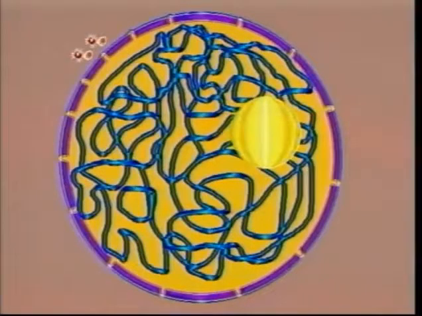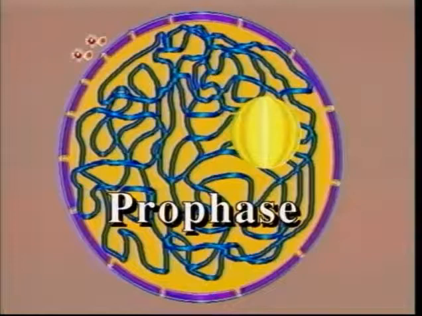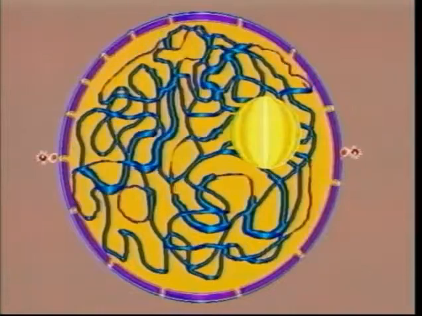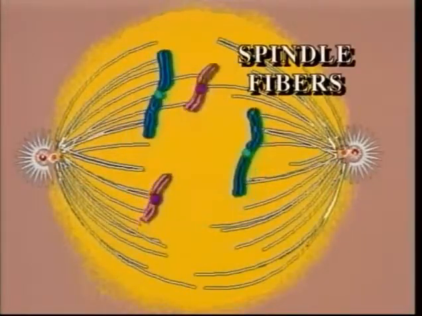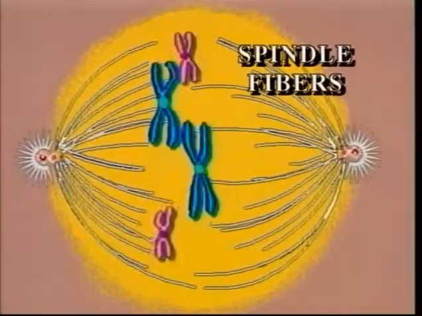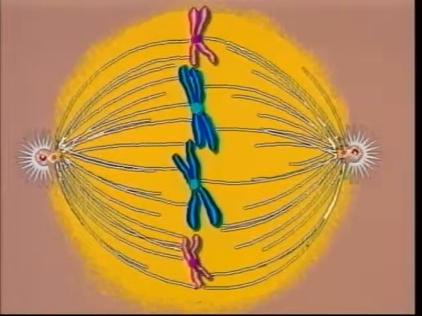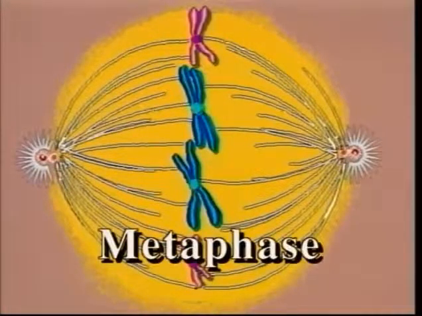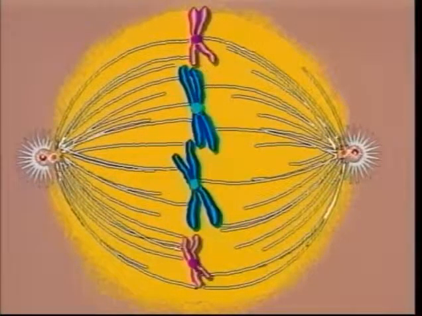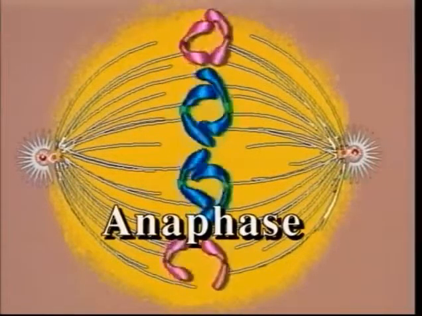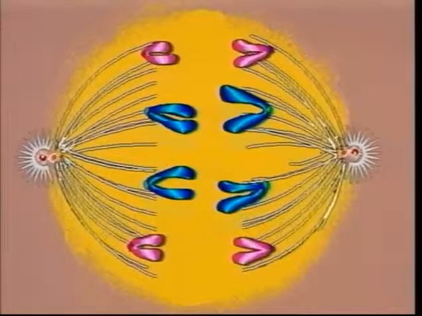Early in the next stage of mitosis, called prophase, the centrioles move to opposite sides of the nucleus, where tubular structures, called spindle fibers, form around them as the newly duplicated chromosomes come into view. During the next stage of mitosis, called metaphase, the duplicated chromosomes line up in the middle of the spindle fibers. Then, during the fourth stage of mitosis, called anaphase, the spindle fibers shorten, and each duplicated chromosome is pulled apart,